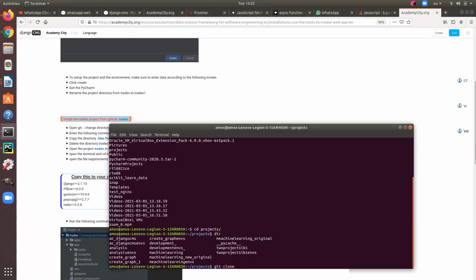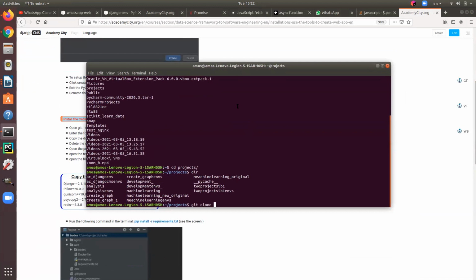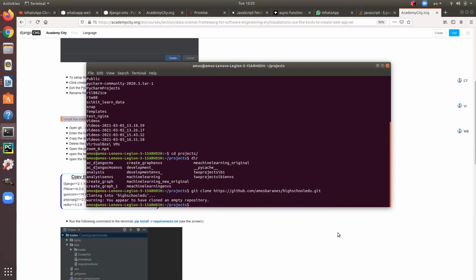All what I did is I went to the project so I don't get a mess with anything else I have on my computer. And I do right click and paste. By the way, this is the one I just generated. You can see github.com, Amos Baranes, HighSchoolEdu. You got it? Yes. Okay. So I'm going to do enter. And what it really did,